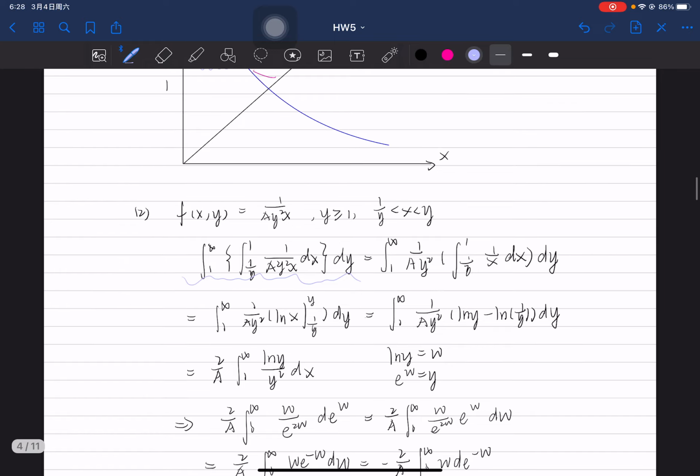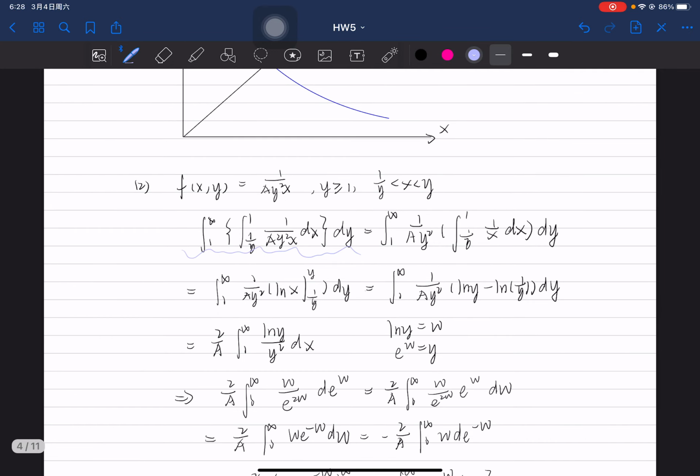After calculating, we can get that this equals 2 over a times the integration of